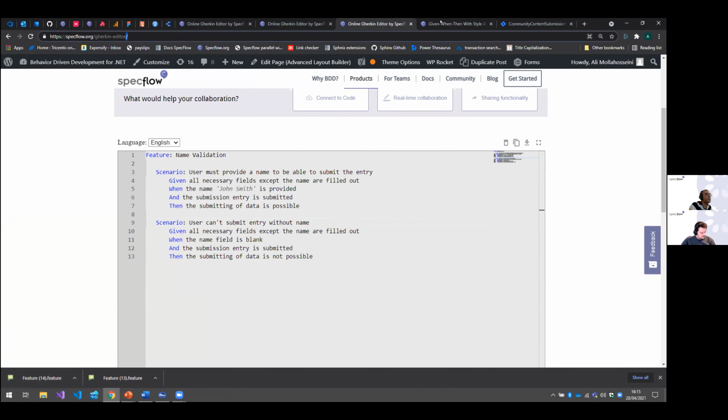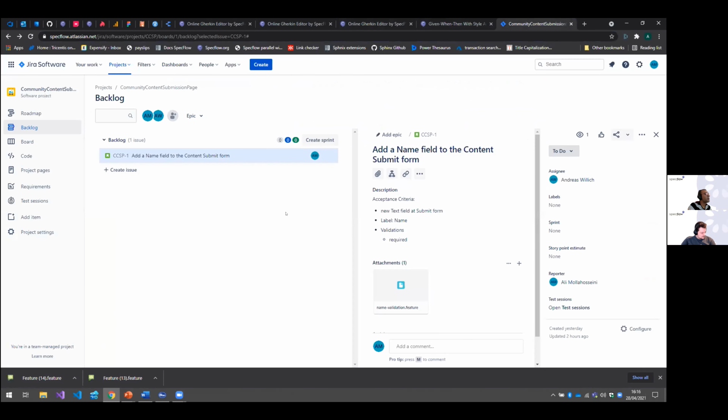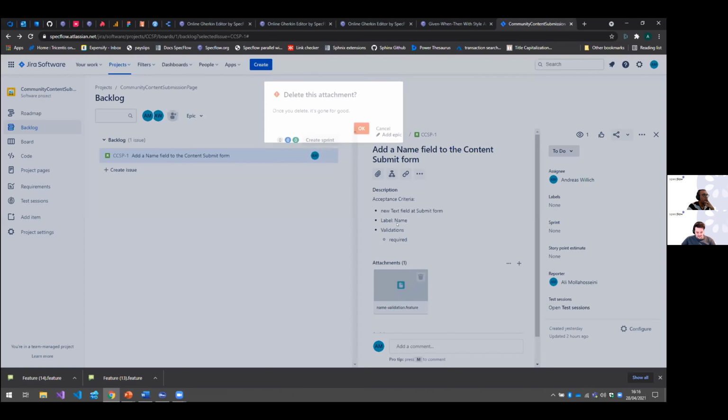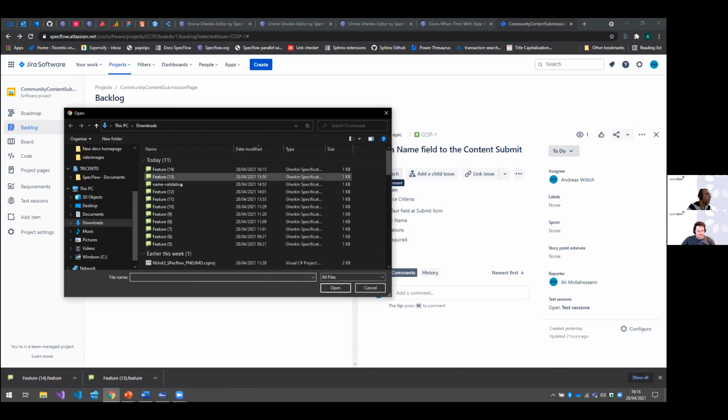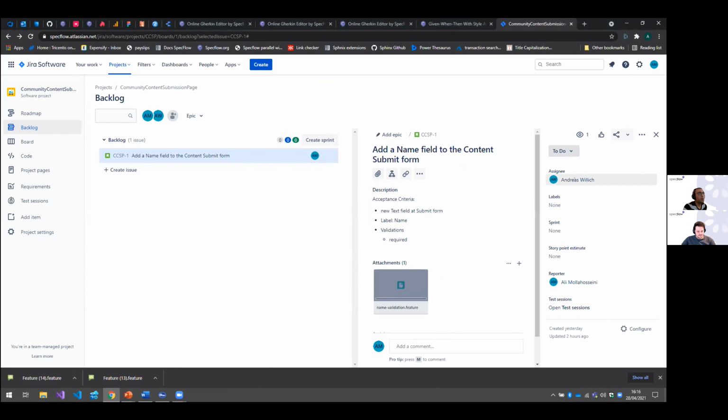So I've downloaded the feature file and moving over to Jira, because I'm an amazing product owner, I already have our backlog item written up. I've got my acceptance criteria, and all I'm going to do is just delete this from before. I'm going to go ahead and attach the feature file that we both agreed on. It was called name validation, and it's already assigned to you. And I think at this point is where Andy's magic comes in, and we move on to the next phase,